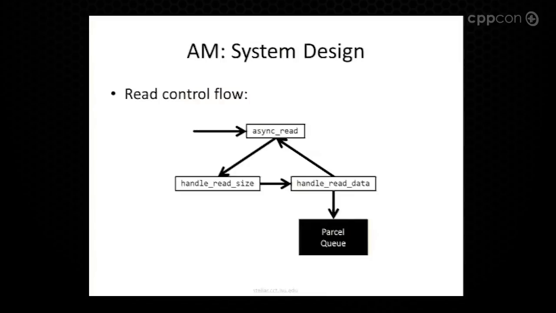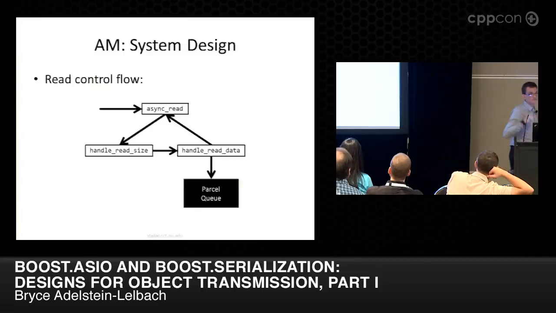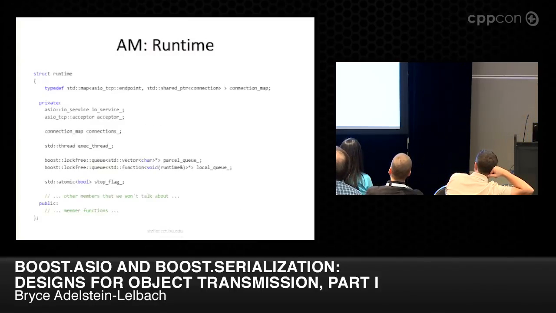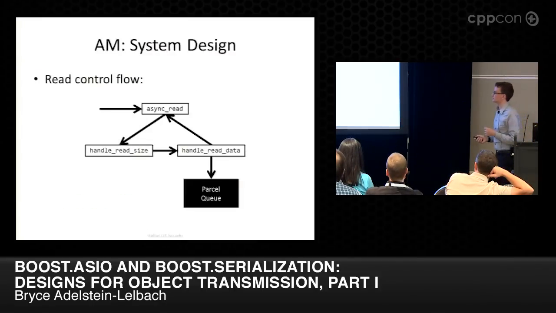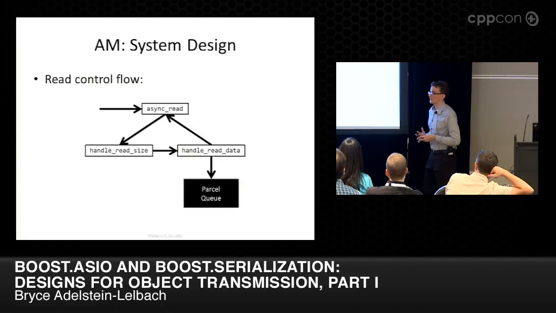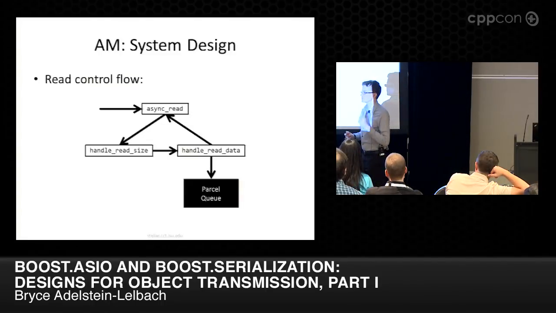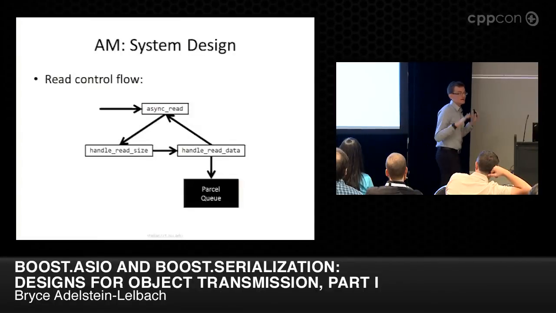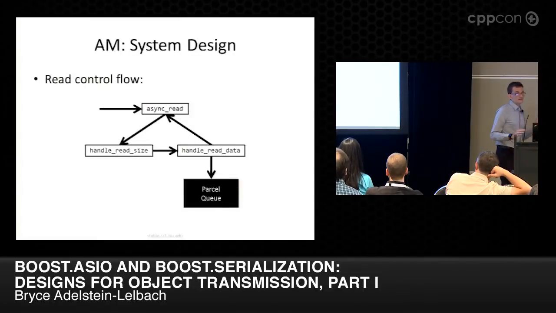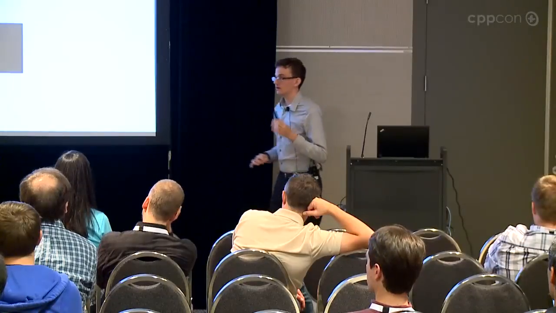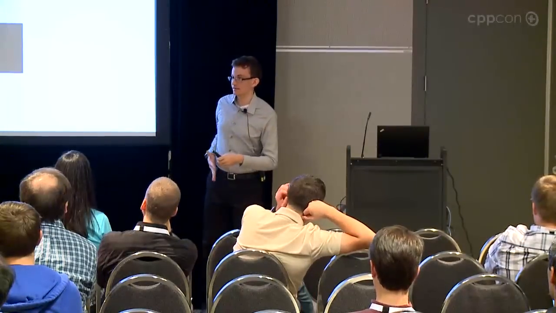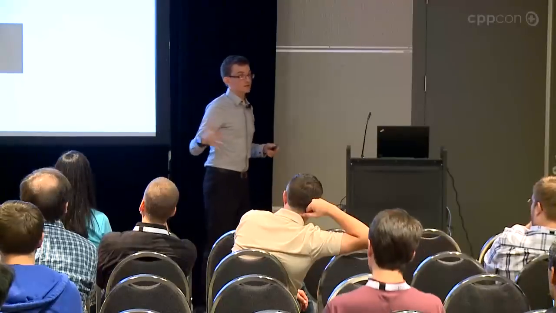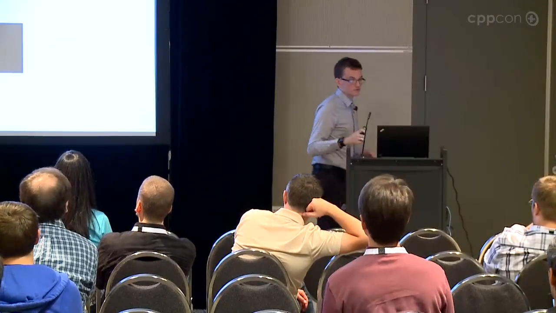the parcel queue. Remember, we had this reading data flow. Now we've got this thing here that's taking in our messages. The reason we're calling this a parcel and not an action is because we haven't actually turned it into an action yet. We want to do as little work as possible in the read loop, because the read loop's happening in the I/O thread. The I/O thread's job is to read stuff and not to deserialize stuff. That belongs in the execution thread, because there might be some other message that's come in, so we want to immediately get to that next message. So that's the place where we queue things.